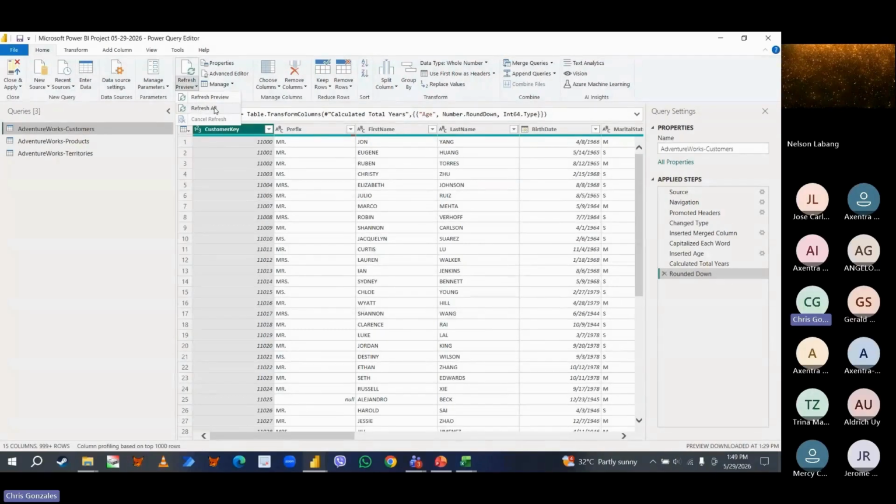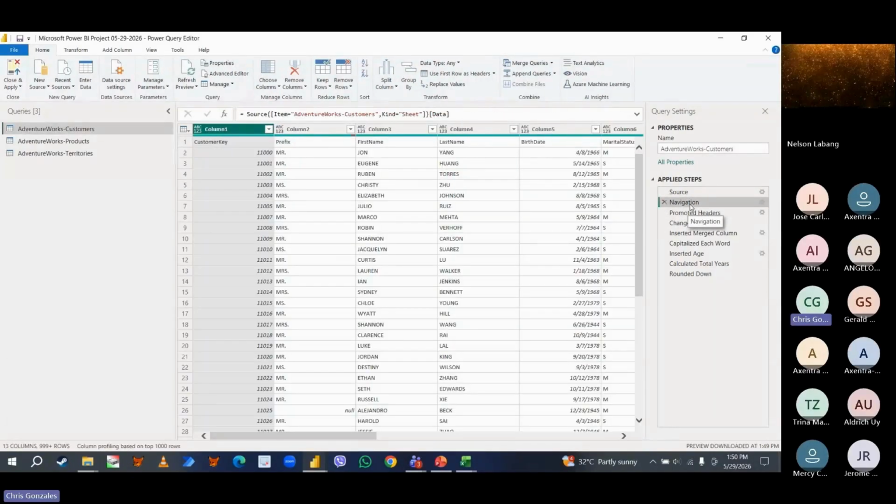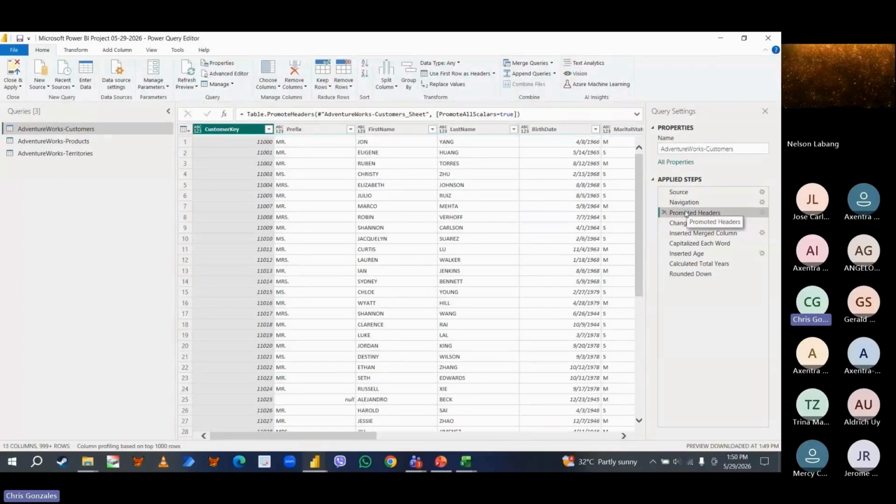What happens when I click the Refresh All button? Power BI actually looks for the underlying data, because as you can see, the first applied step is the source. It will look at all the underlying data sets, look at the last available row for each table, and re-import everything to your Power BI project. The good news is, once the data is re-imported, that includes the navigation, promoted headers, and change data type, it will also reapply all the applied steps to the last available record.